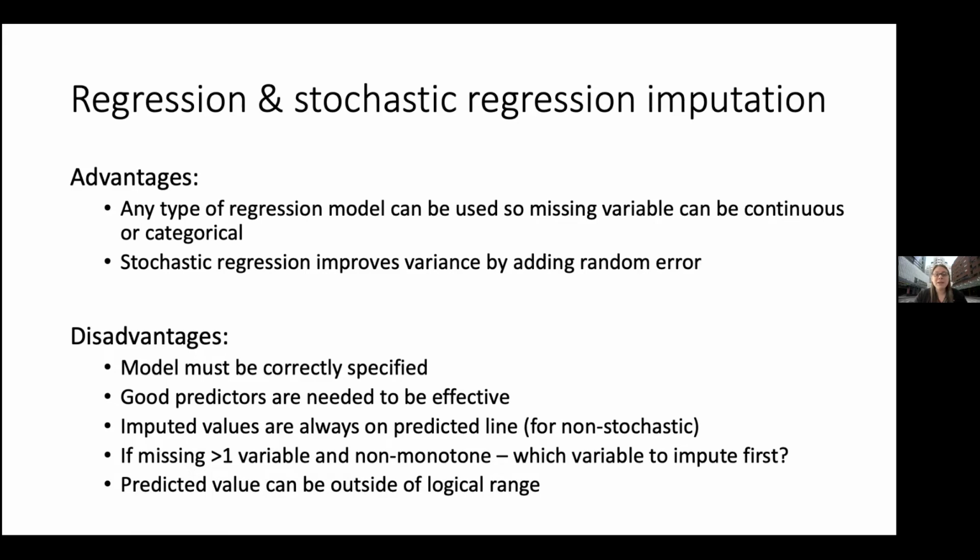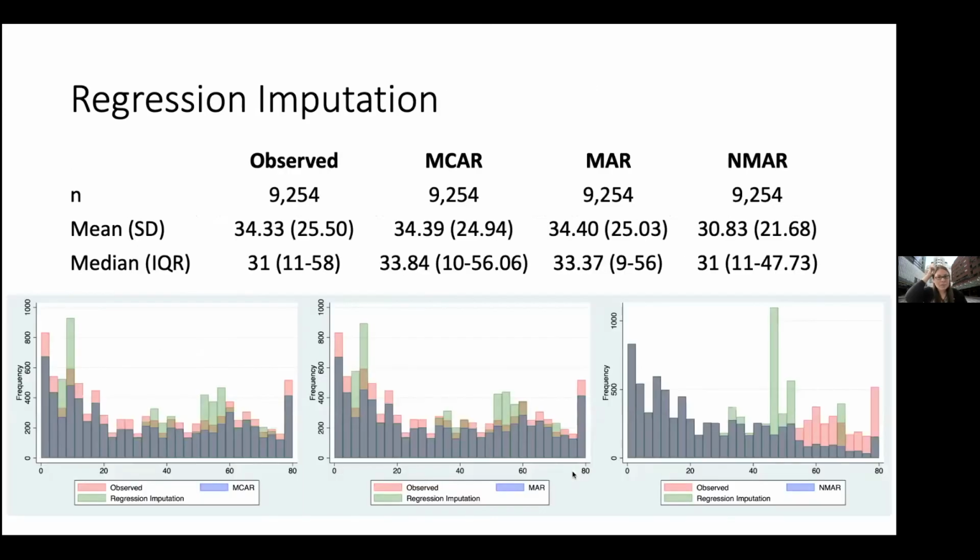This is based on a prediction off of a regression model, and you can end up with a negative age, for example. So that is the biggest downside for this. So I created a regression model with gender and marital status being the two predictors that